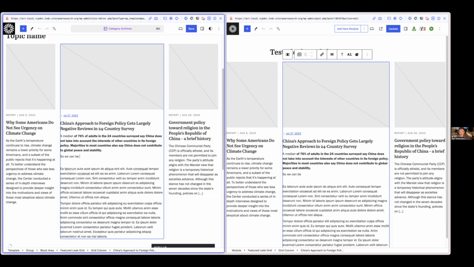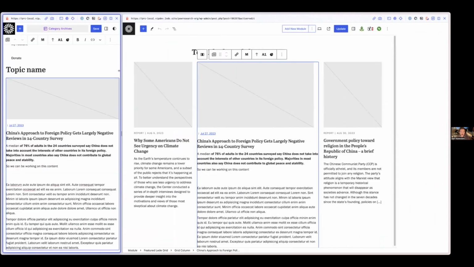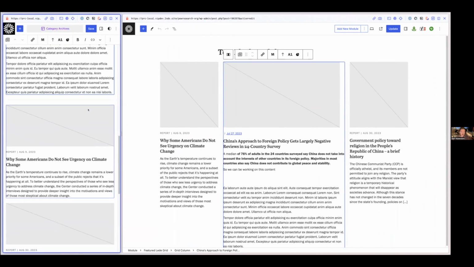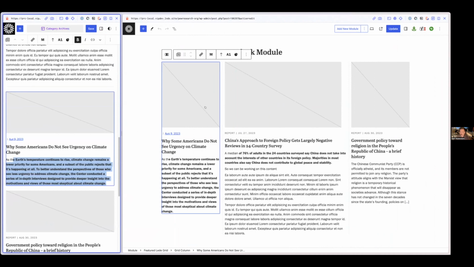So we can be working on this content together if there was another user here, or maybe for other contexts, maybe you need to design this content in a mobile view, but also see what it's going to look like in desktop. You could do that too. So you can imagine the different workflows this would enable. What's also great is,